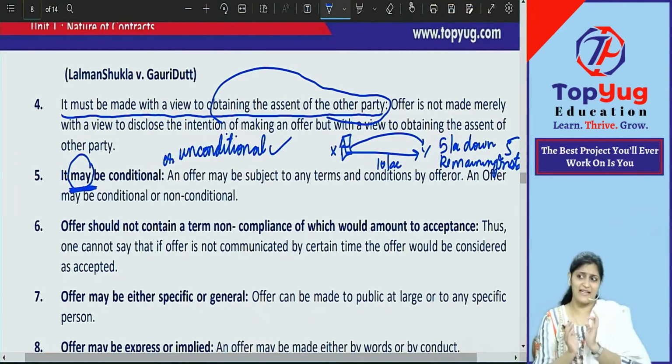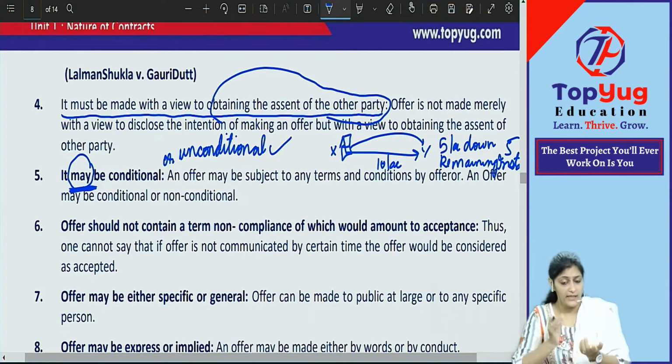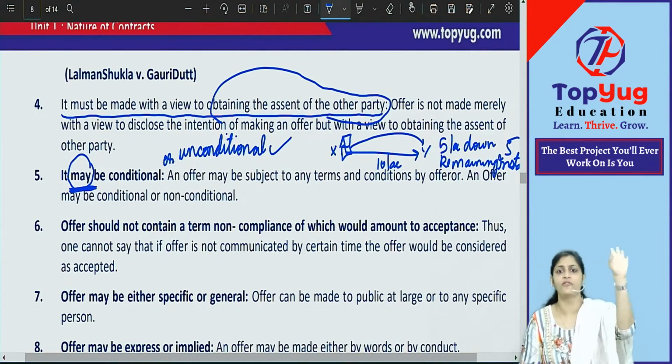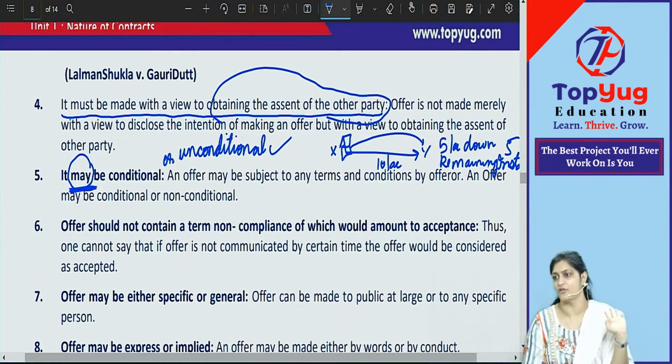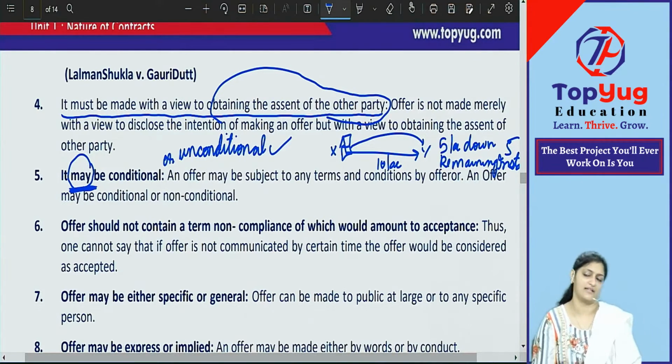5 installments. So is there any condition I have put with my offer? I am offering I will sell you the house, but I have put a condition saying that the price which you're going to pay me, immediately you pay me 5 lakh rupees, and the remaining also in 5 installments, finish off. Give me the payment in 5 installments. I will not wait any further. Monthly, in 5 months, you give me 5 installments and clear off the price. I will not give you any more time.